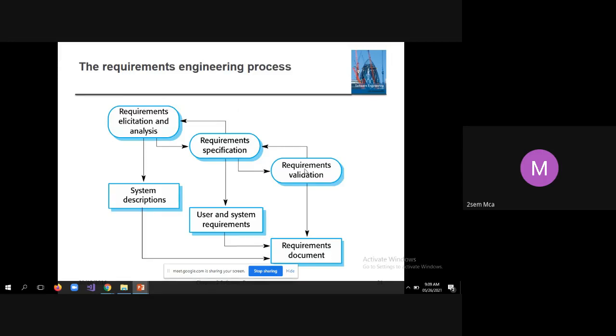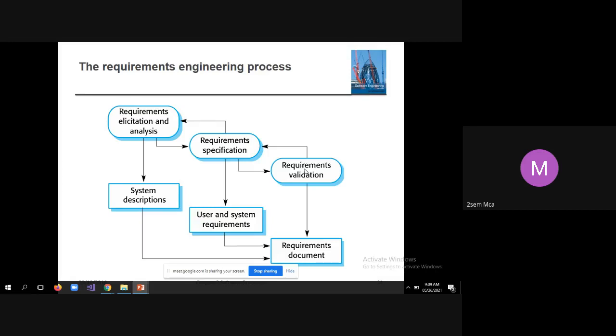Then third phase is requirements validation. So what is requirements validation? Once you talk to the customer or the client, you'll come to know whether the SRS document prepared by our team contains 100% all the requirements or not.